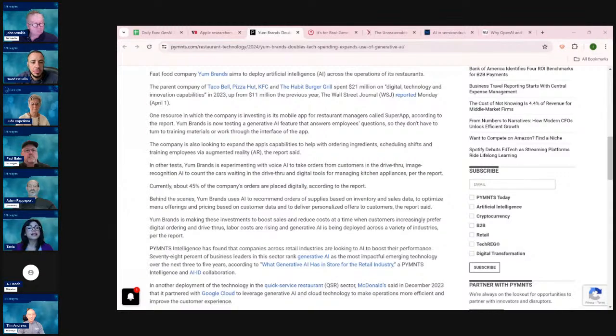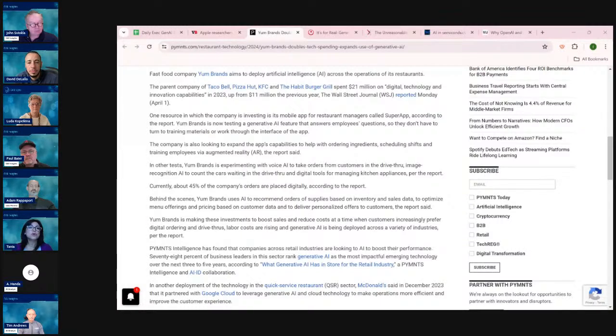And then they're looking at expanding this mobile app capability to do more things. I think they talked about helping them with their shift scheduling, helping with ordering ingredients. So there's definitely more coming around that. And then on the other side, so that was kind of like on the internal side. And then on the customer side, they also have an AI strategy there that the article talks about, using AI